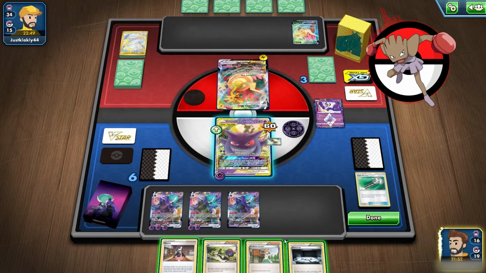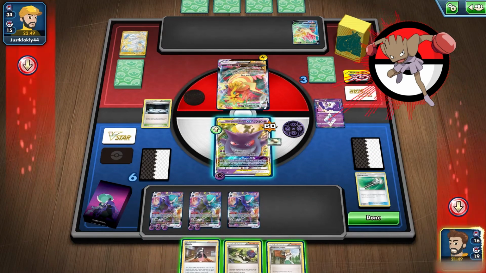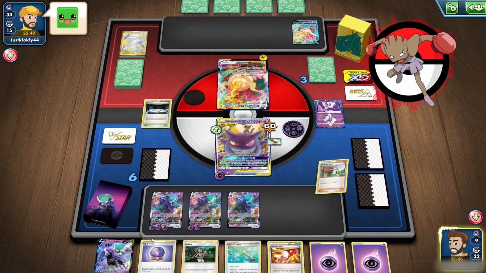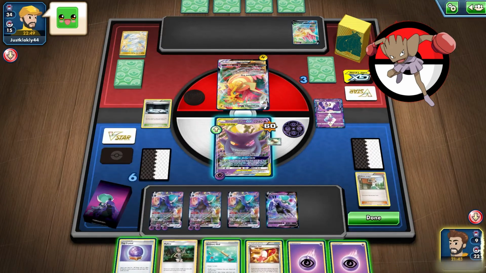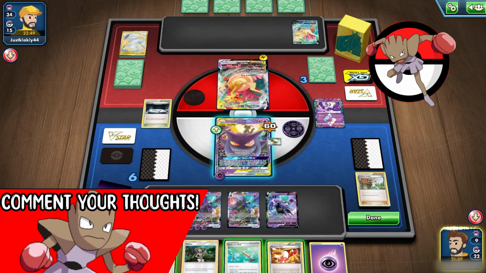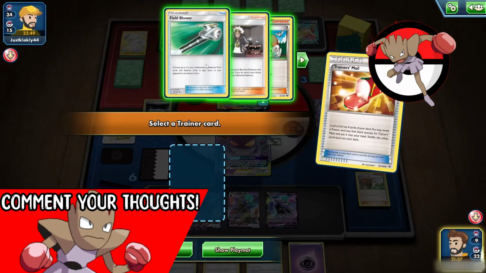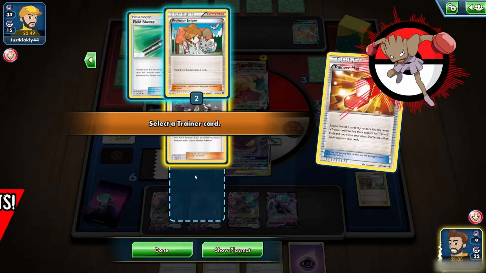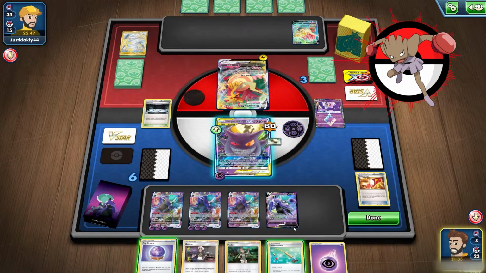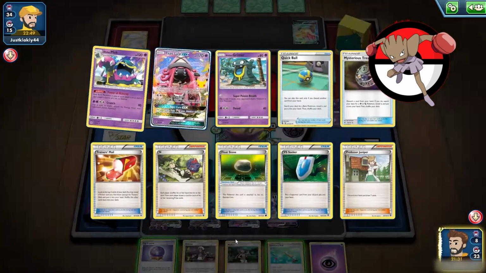And we have Research and Marnie. We're going to play Silent Lab, and I think the best call is just a straight Juniper here. Getting another attachment would be very nice, which we can get right now. We can attach to this Shadow Rider. We can use Trainer's Mail. We will grab a Guzma. And I think we will...